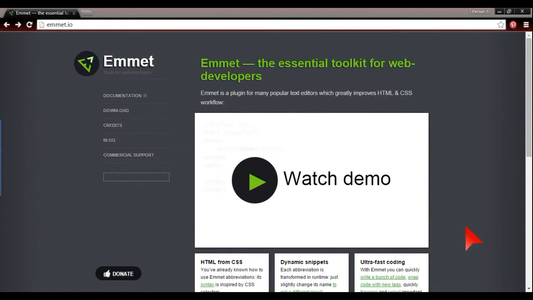In this video, I'm going to show you about the plugin Emmet, which used to be called Zen Coding. And this is, in my view, a fantastic plugin. It helps you code no end and it saves you loads and loads of time. So if you go to